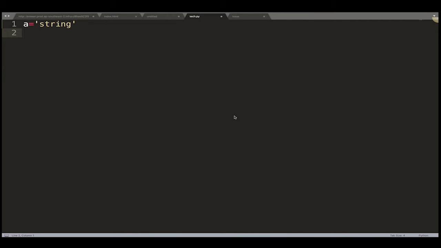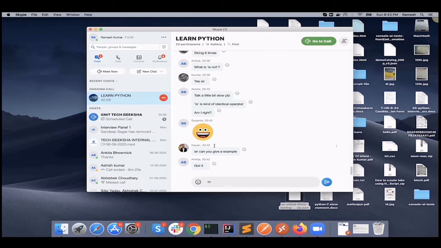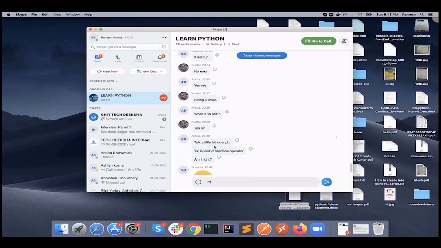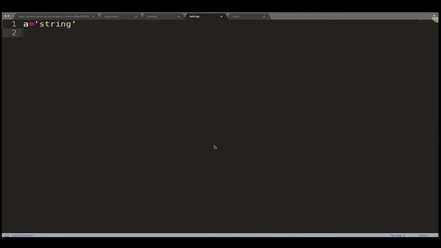Understand? Or do I need to explain it in a clearer way, or with another example? Can you repeat the question? Is this a kind of identical operator? Identical operator means when two objects are identical, then we can use it. If the size is the same, can we call it an identical operator? Yes, we can, but not 100%, because sometimes the byte size increases, and at that time this will not work as an identical operator.